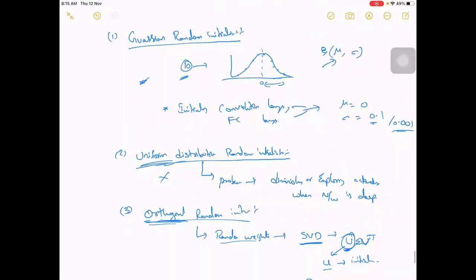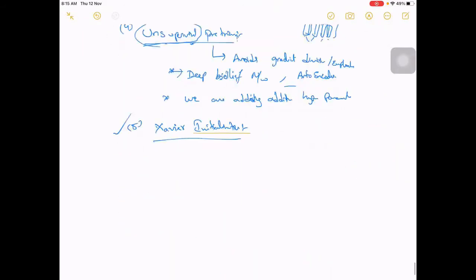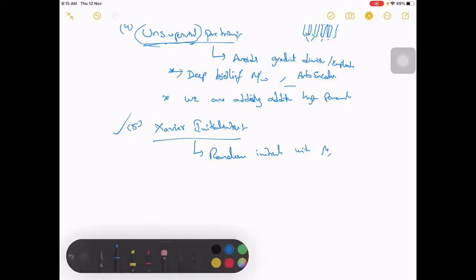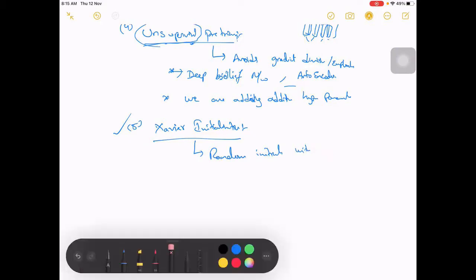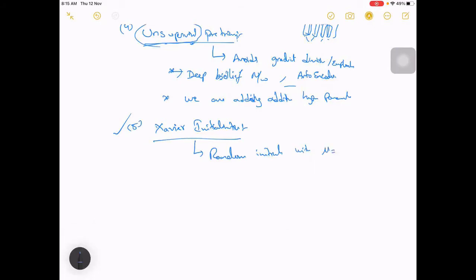Previously we gave just the default, like 0.1 or 0.001, but instead of that it is a random initialization with mu equal to 0 and sigma, instead of being 0 it will take it from this value. So variance of W would be 2 by fan in plus fan out. I'll tell you what these fan in and fan out are.